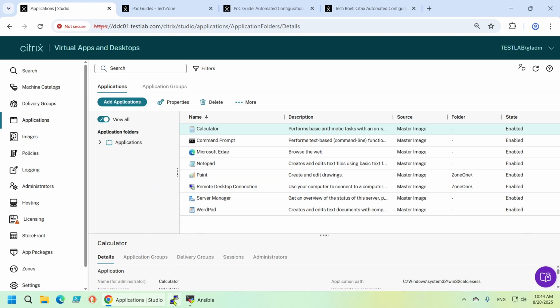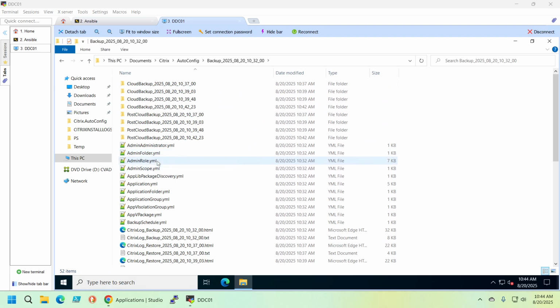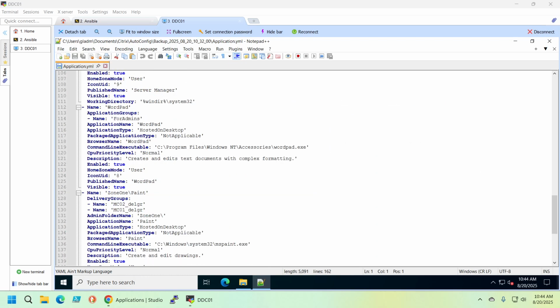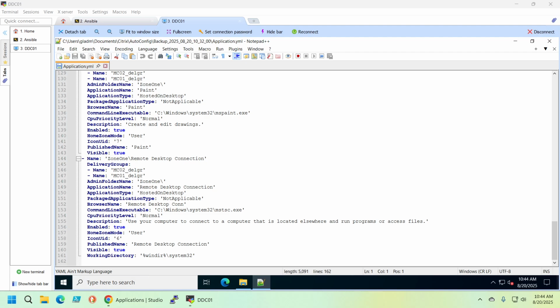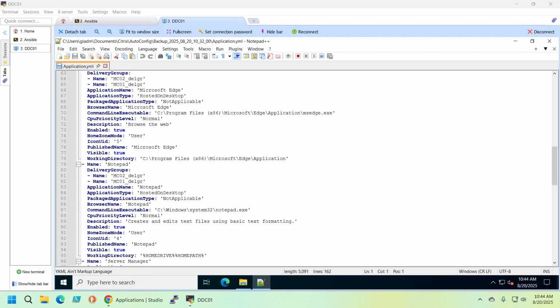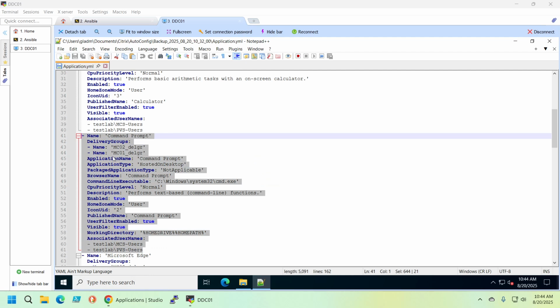If I go to my DDC, I have the backup, and let's go to the applications, because this is the easiest one to show you. So I have the applications YAML file, and here are all the applications that were captured when I've done the backup. But for example, if we want to deploy new applications, we can simply take one